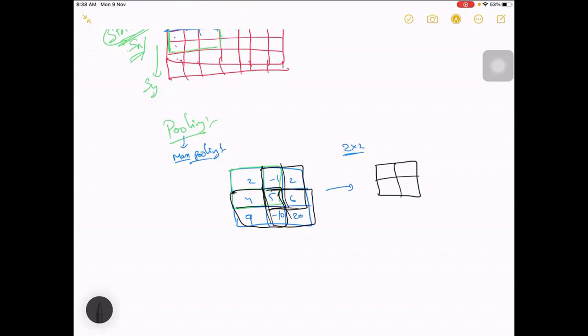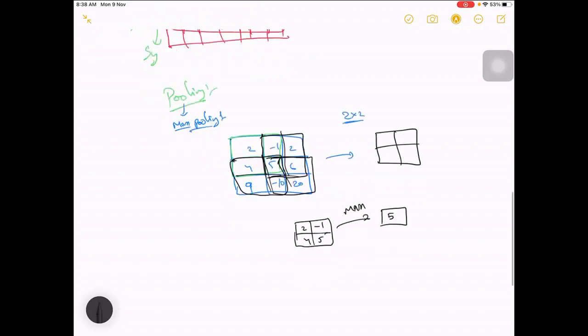For the first output, what you have in the first window is 2, -1, 4, 5. If it is max pooling, it will create the number which is the maximum in this window, which is 5. So it will create 5.